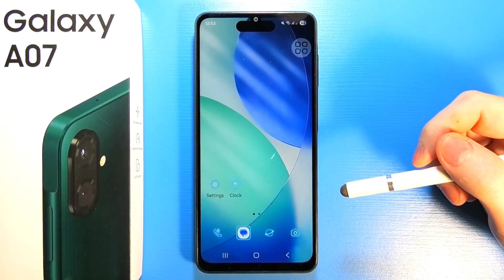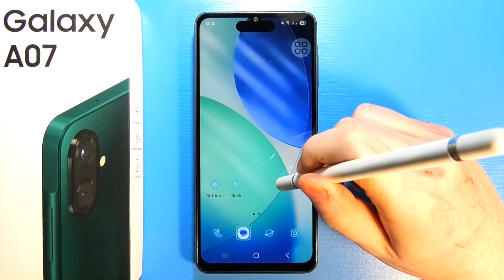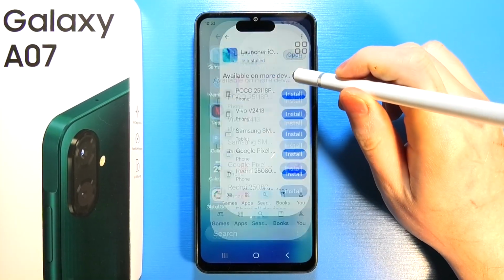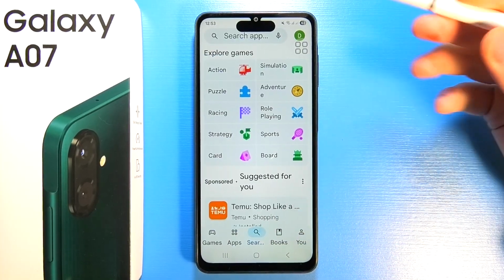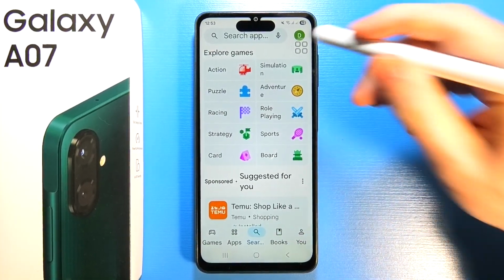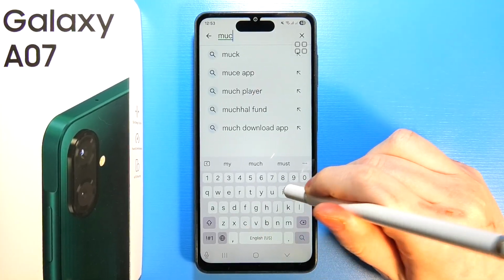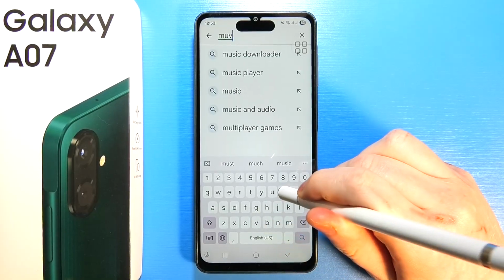To get always on display in Samsung Galaxy A07, first of all we'll need to open our Google Play Store. As always on display is not normally available for this device, we'll need to download an app that allows us to get always on display, and the app name is Movies Edge. So type in Movies Edge like I'm doing right now,